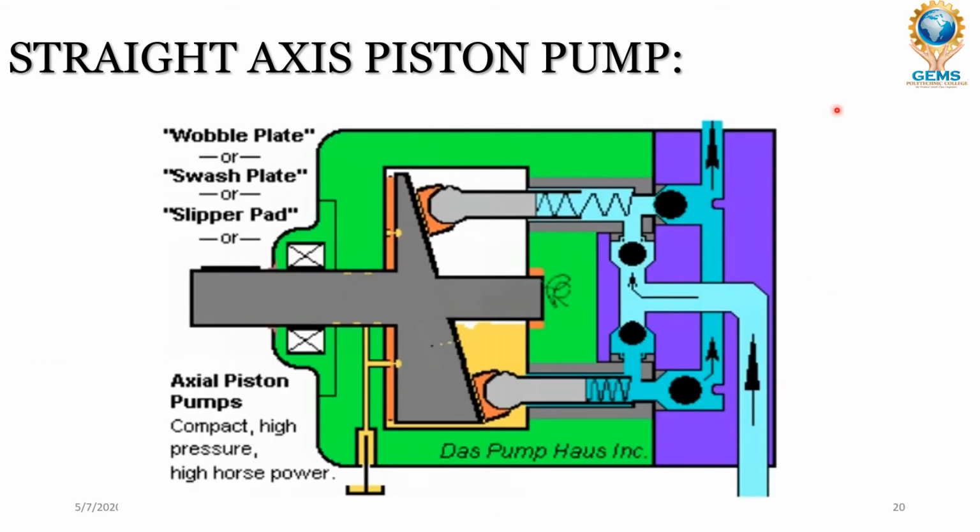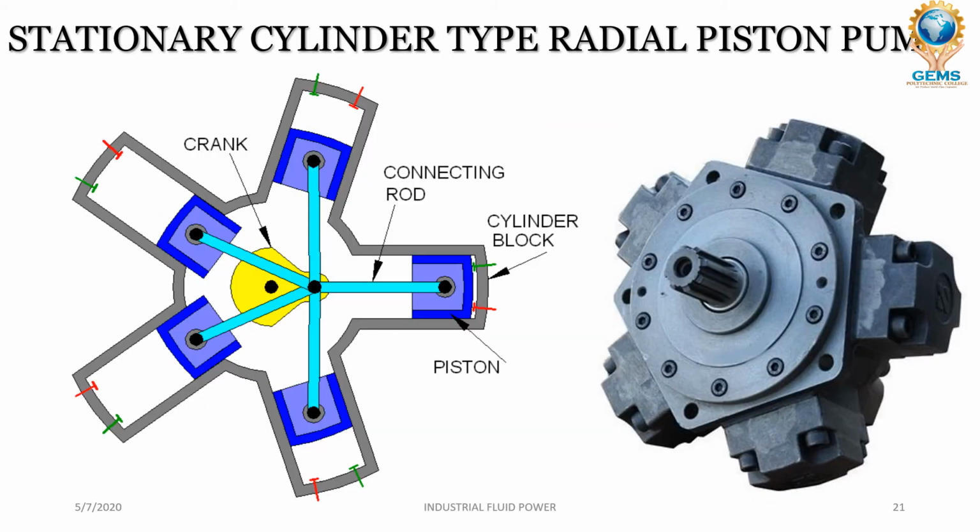So this is the action of the straight axis piston pump. Now we are going to see the stationary cylinder type radial piston pump. We have seen the single acting piston pump. Now we are going to see a multi acting radial piston pump. An individual piston pump will be in a straight axis, but if you take multiple piston pumps and connect them in a radial arrangement,